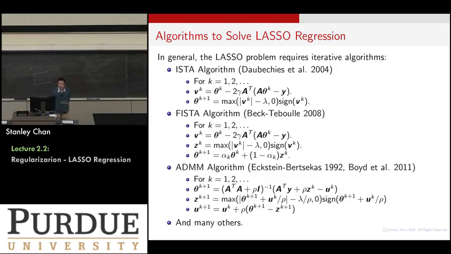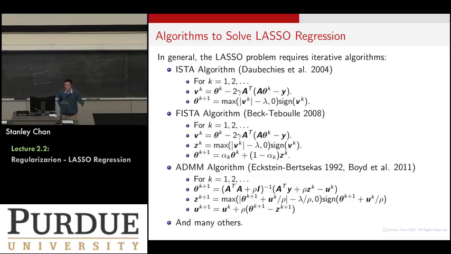In the literature, you can find tons of algorithms to solve this LASSO regression problem. I'm just listing 3 of them here. The LARS algorithm back in 2004, the FISTA algorithm in 2008. If you want something more recent, that is the ADMM from 2011. But this is more like a reinvention of what people found a long time ago, back in the 1990s. In fact, if you trace back, the ADMM algorithm was founded in the 50s. Okay? So there are lots of these algorithms that can help you solve this LASSO regression problem with the A